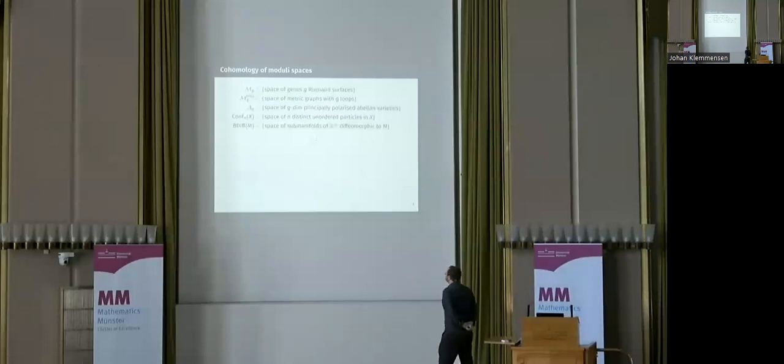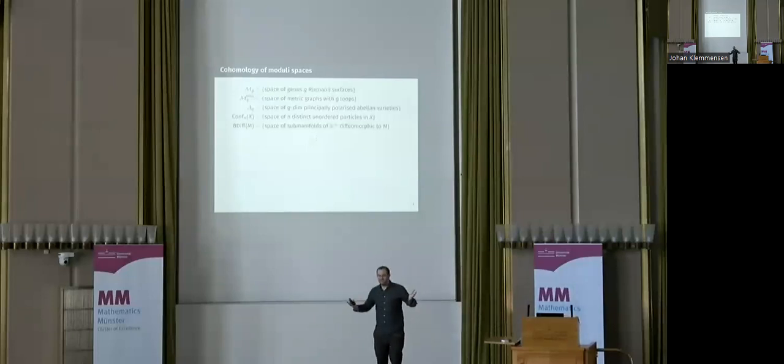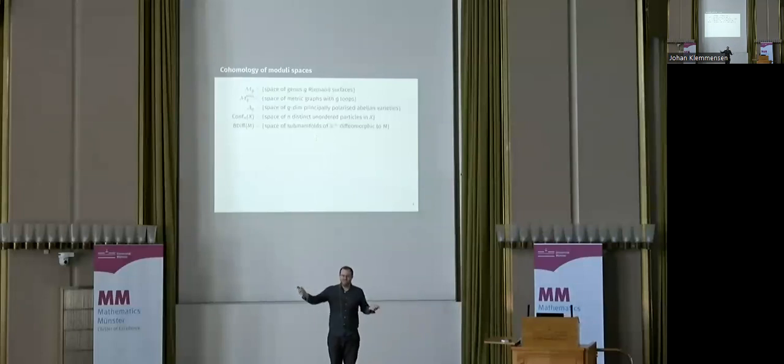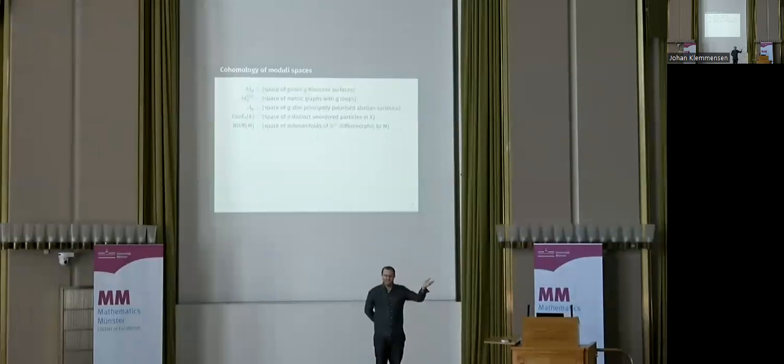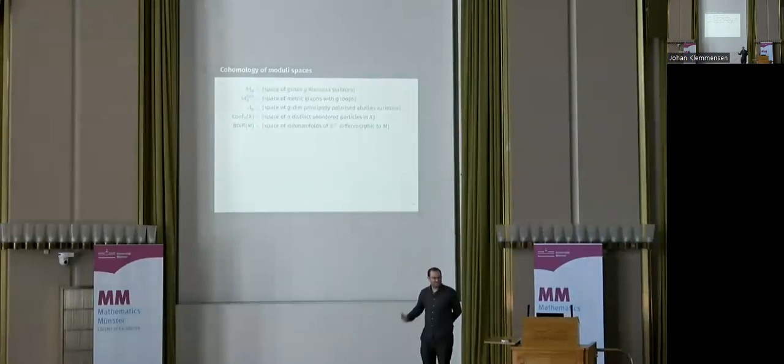But there are many other ones as well. So you can imagine a space of metric graphs, maybe of a fixed topological type, maybe having g loops, and deforming in this space means deforming the lengths of edges, deforming the metric. Maybe we'll skip the third one, but you can imagine the space of n points in a plane or in some space, and moving in this space means the points move around, but maybe they never collide with each other. The one that I've mainly thought about during my career is the last one, the space of submanifolds of R^infinity of a fixed topological type. And all of these are somehow moduli spaces. As soon as I tell you the space, we agree that this is some kind of moduli space of some kind of mathematical object.